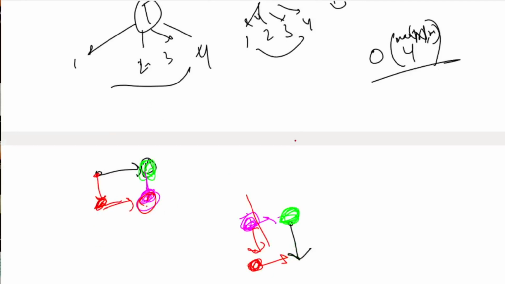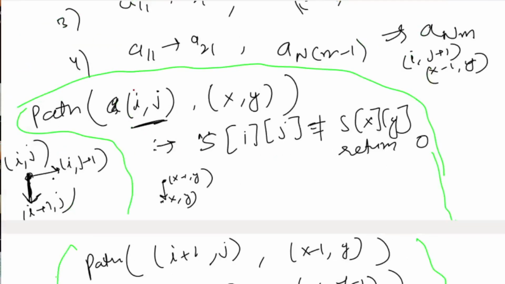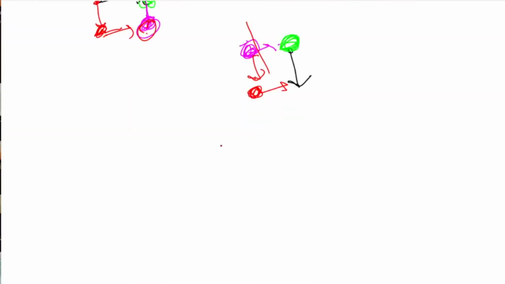I have also told you that if a function accepts one argument, then the dimension of our array is 1. If our function accepts two arguments, then the dimension of the array will be 2, and if it accepts 3, then the dimension of our array will be 3. Since in our case it is accepting 4 arguments, we'll create an array of dimension 4, dp.